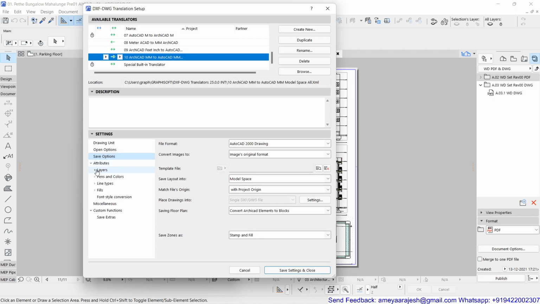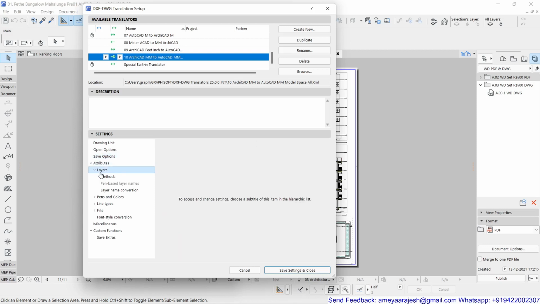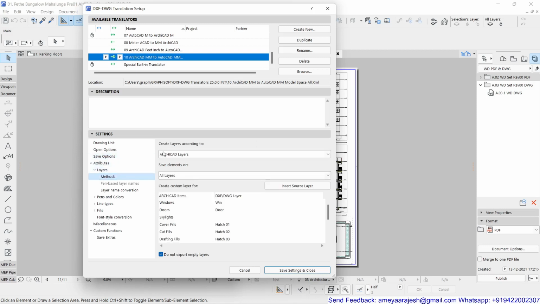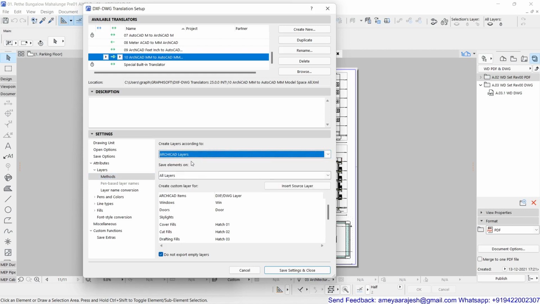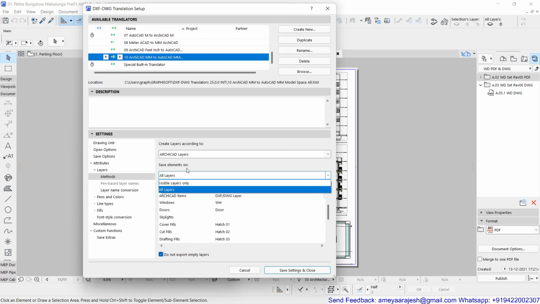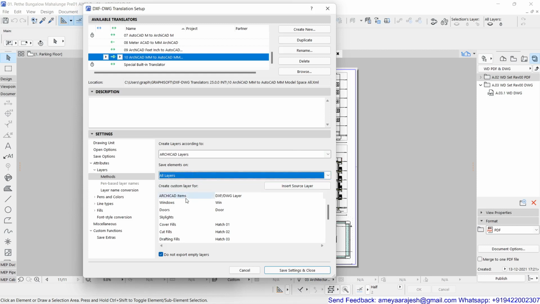In attributes, a very important thing is the layer. In the layer methods, make sure that the first option, Create layer according to ArchiCAD layers, is selected. This is a perfect thing. I don't want to change anything in this. Then, Save elements on all layers; you can keep this option as per your choice.